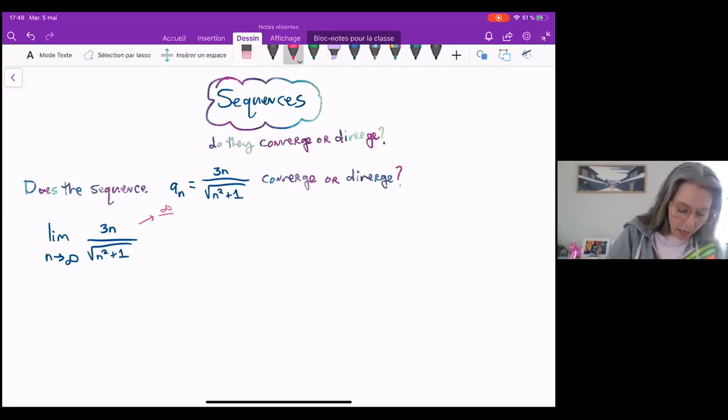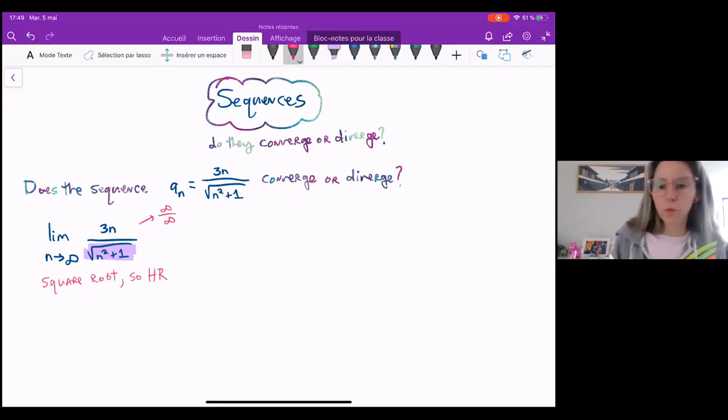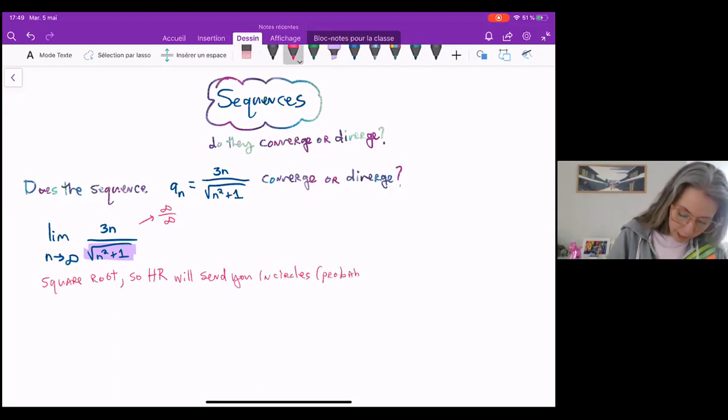And when I plug in, I get infinity over infinity. So that means that I'm allowed to use L'Hopital's rule. But one thing that we talked about is how if there is a square root, oftentimes L'Hopital's rule will send you in circles. Therefore, using L'Hopital's rule is probably not the best plan. So what we're going to do instead is recognize that when I'm doing sequences, I'm always looking at the